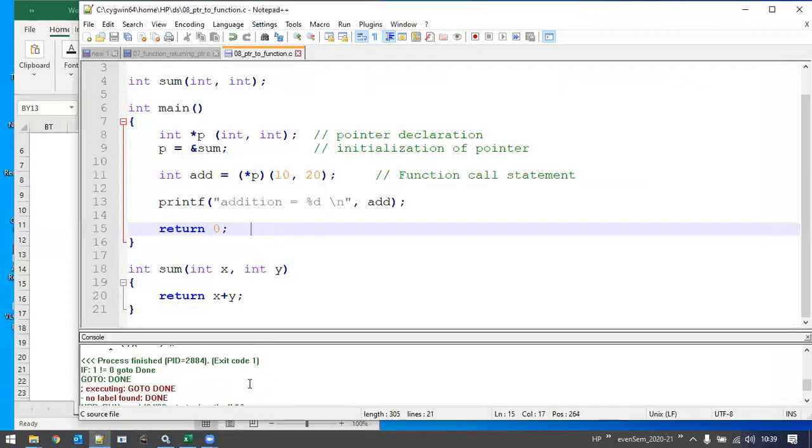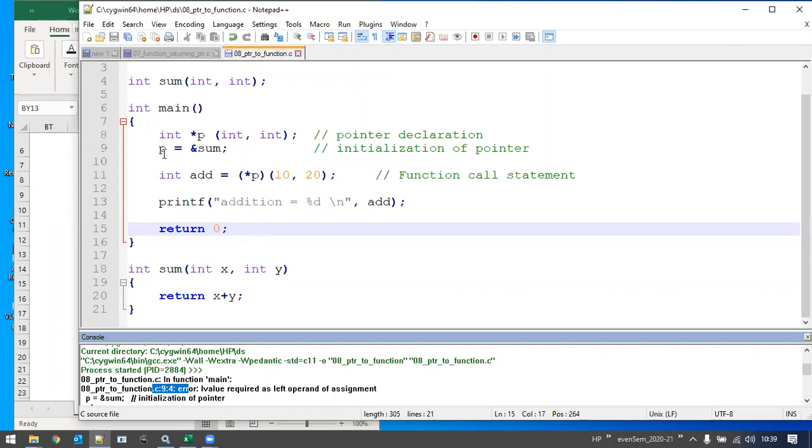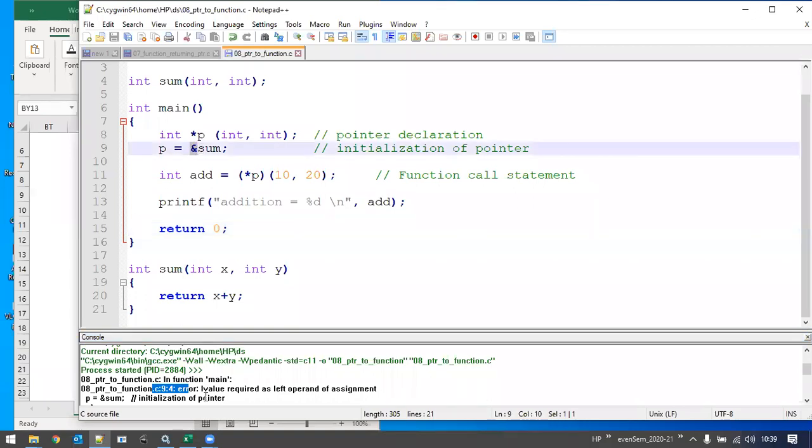What did we get an error for here? In main, line number 9. Line number 9 is what? P is equal to ampersand sum. So this ampersand sum is correct, the address of sum.